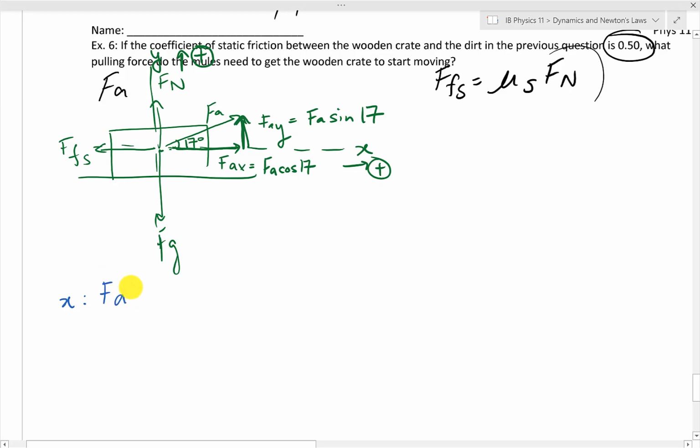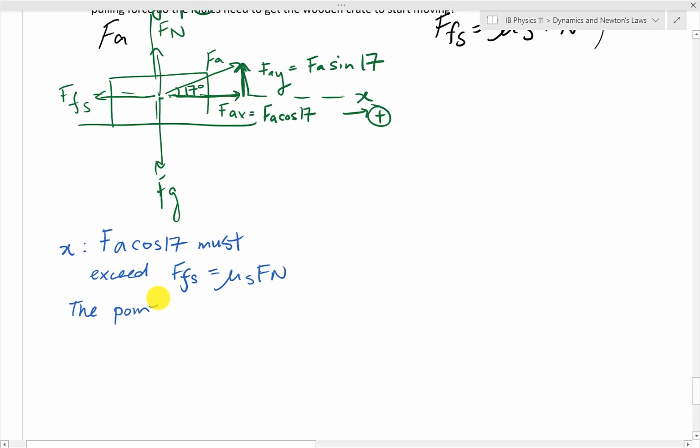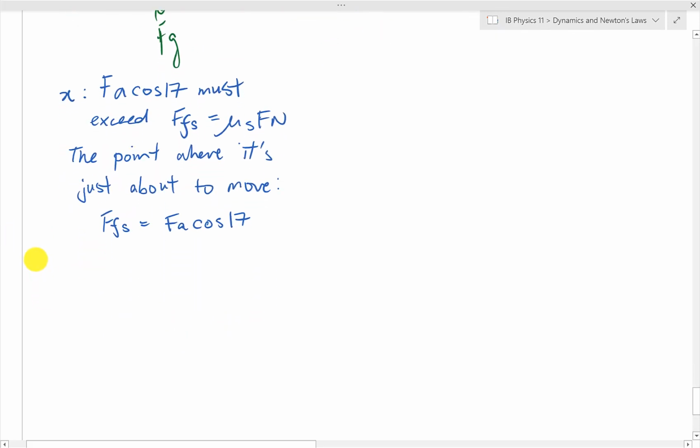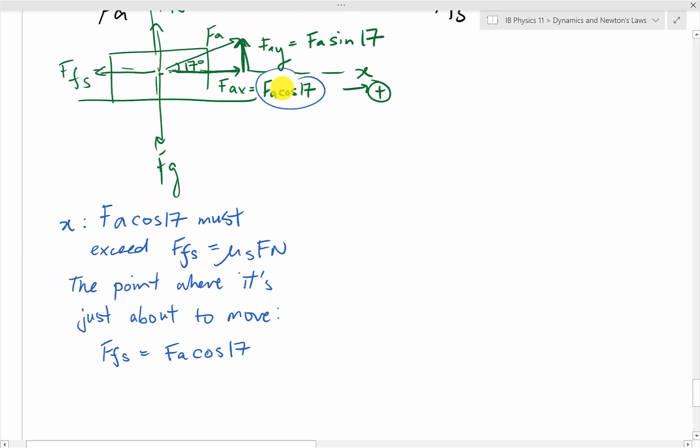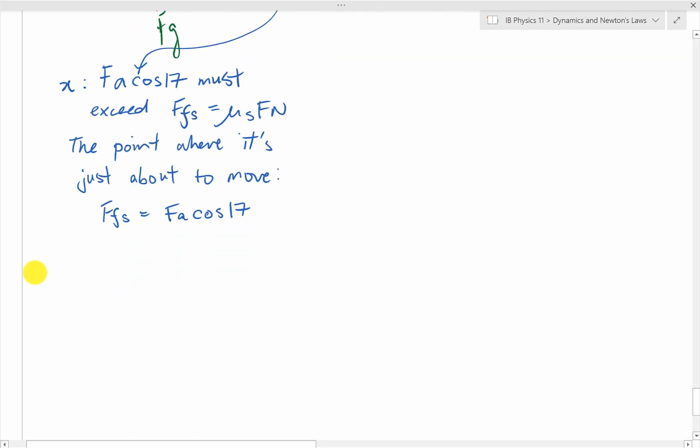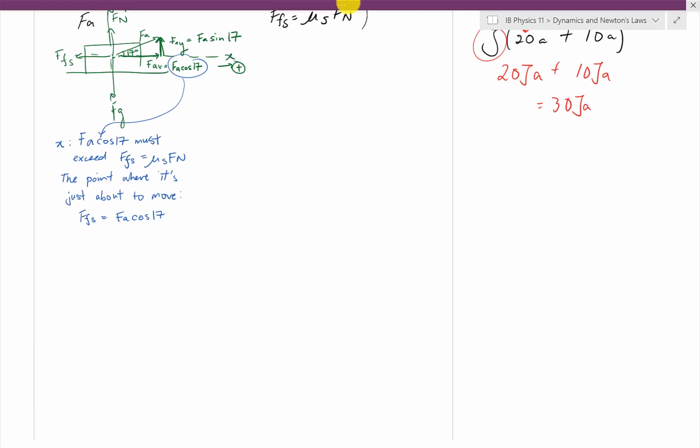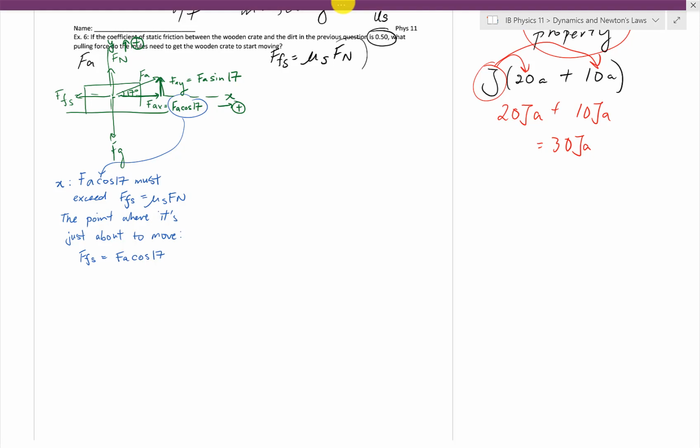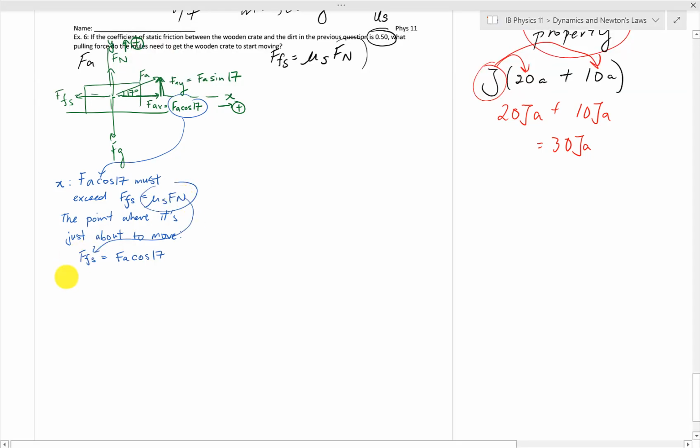So first, let's start off with the x direction, in which Fax, the horizontal component of the force, must be greater than static friction in order for the crate to start moving. So that's Fa cosine 17, by the way. Now we are going to substitute mu s Fn into the force of static friction, meaning we need to know Fn, and to do that,